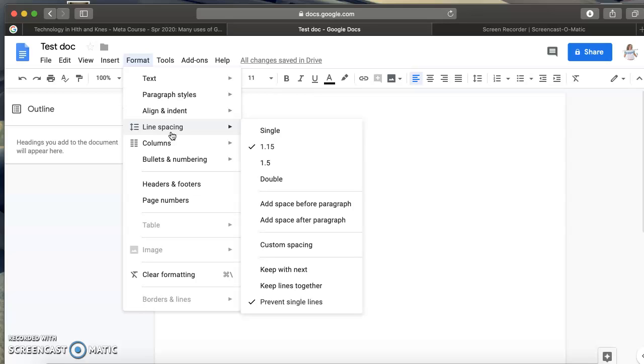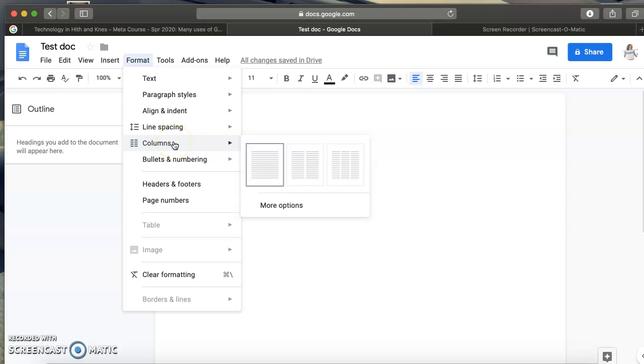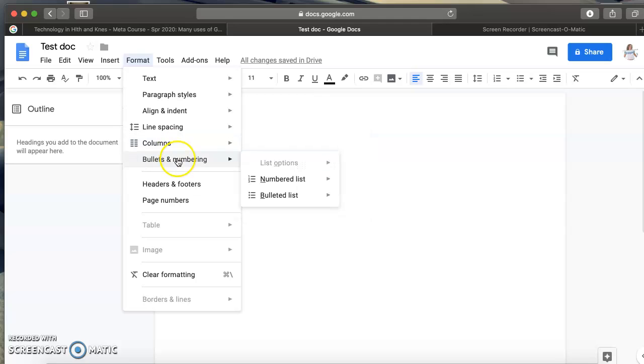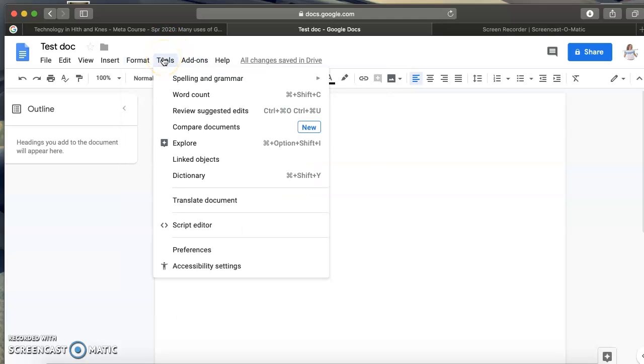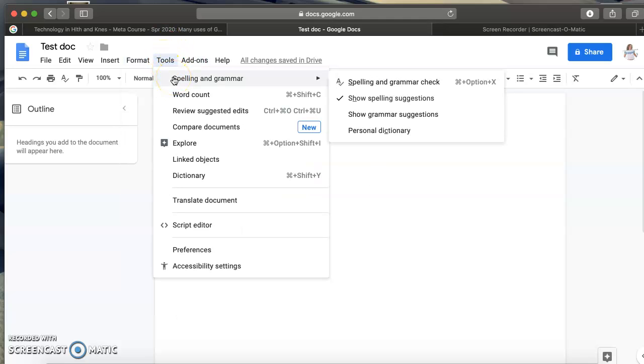You can do custom spacing. You can add columns if you're taking notes in class and want to make it easier for you to follow. You can add bullets and numbers, again, headers and footers, page numbers. You have tools, which you can use to check your spelling and grammar, and you have the option to show your spelling